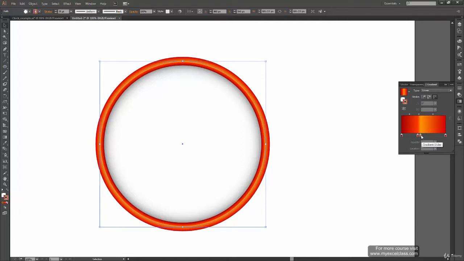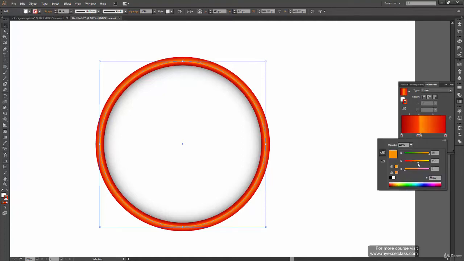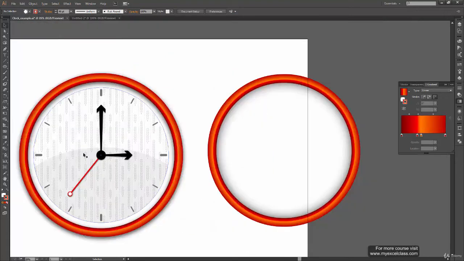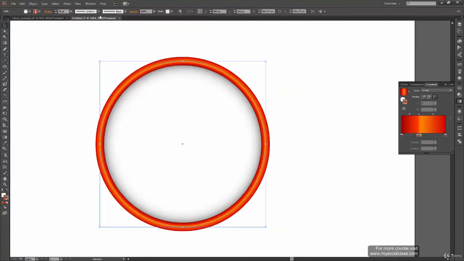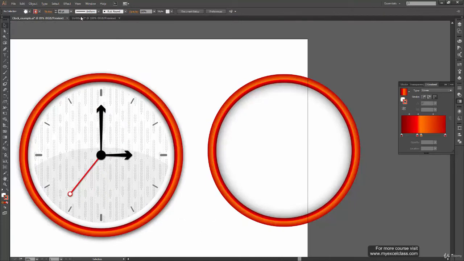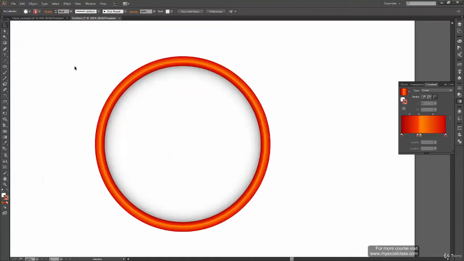Okay, so still I'm going to decrease this value a bit because I have seen it. So yeah, now this looks good. The width wise, it looks okay. I think width is a little less, so we can increase it to 40 points. Okay, now it looks width wise okay, and then it has this kind of shadow which I wanted, and it has this border which I have achieved using linear gradient and then the apply gradient across the stroke method.